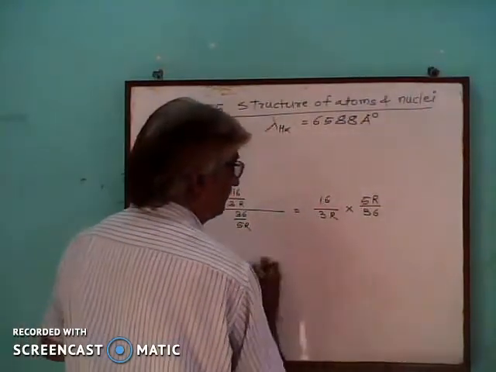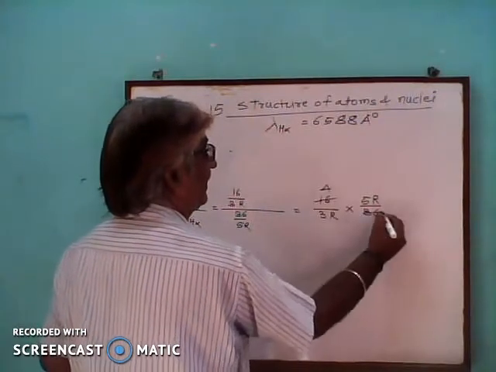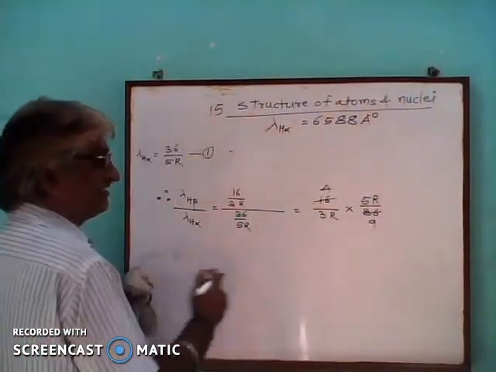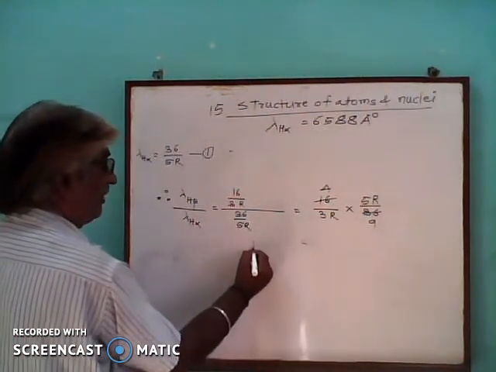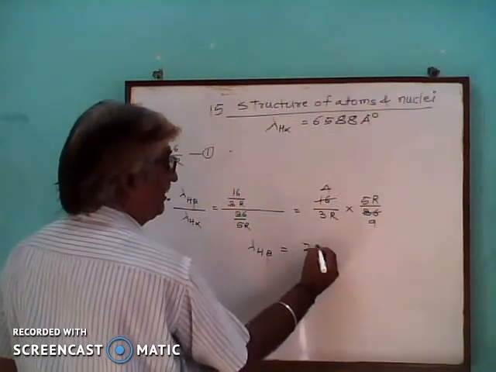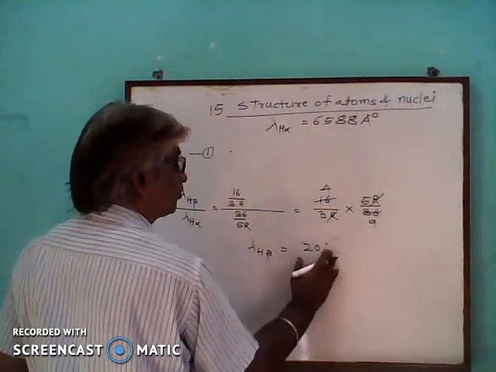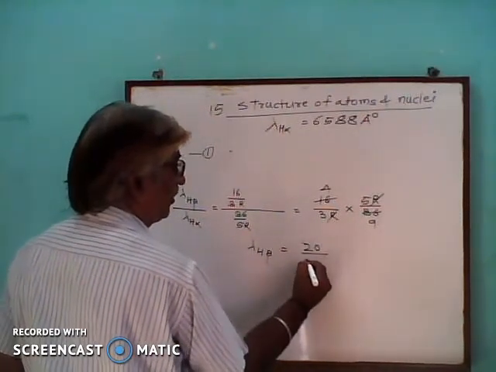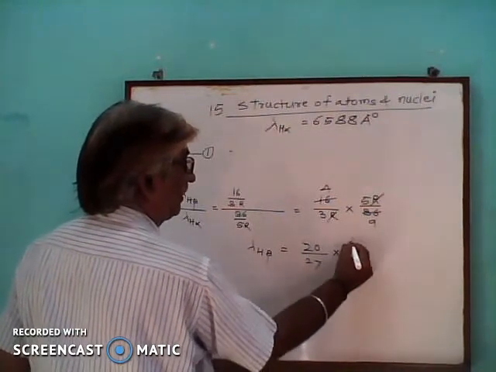If we take 4 for the 16 and 9 for the 36, then R gets cancelled, so lambda H beta is equal to 20 upon 27 multiplied by lambda